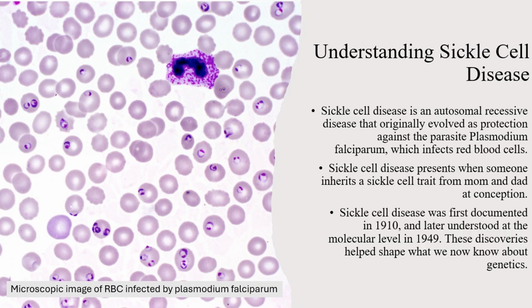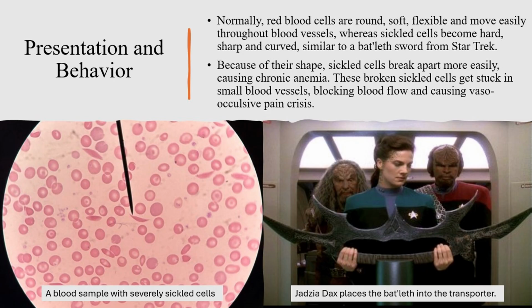Now, the image on the left shows the red blood cells that have been infected with the Plasmodium falciparum. Normally, red blood cells are soft, round, and flexible. They're designed to squeeze through even the teeniest, tiniest blood vessels without any trouble, while carrying as much oxygen as they can. But in the case of sickle cell disease, the red blood cells change shape and become hard, stiff,